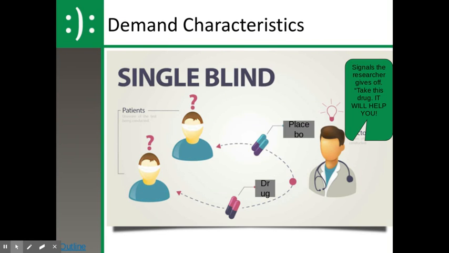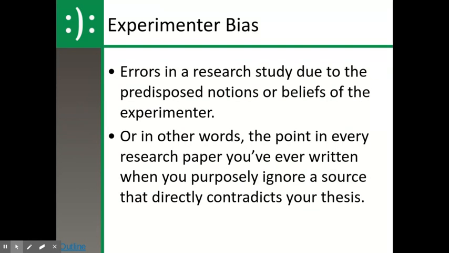Okay? All right. We'll come back and look at demand characteristics here in just a second. We've talked about experimenter bias, the errors in studies that are due to the predisposed notions of the experimenter. So when you think about the Stanford Prison Study, when Zimbardo knew which people were going into the experimental or the control group, that had an impact on the outcome of the study. It was a major violation ethics-wise, as you'll see, but also with